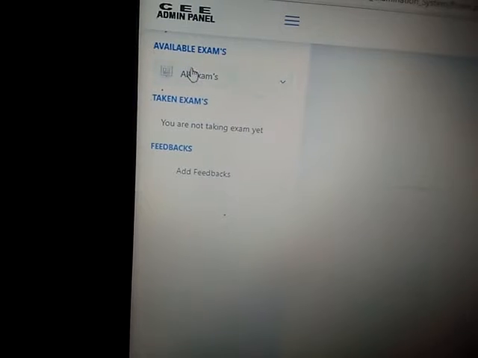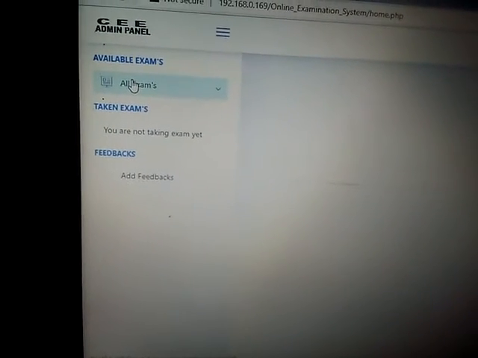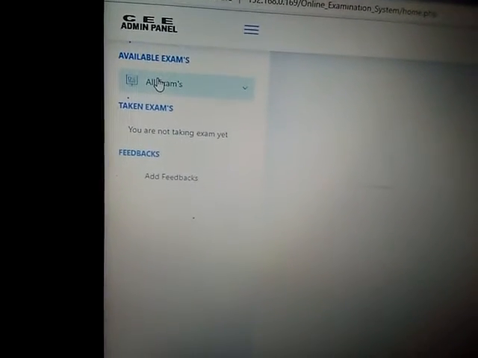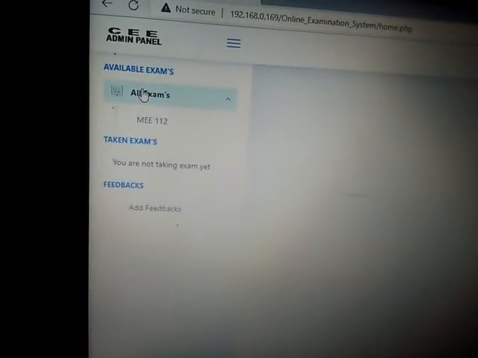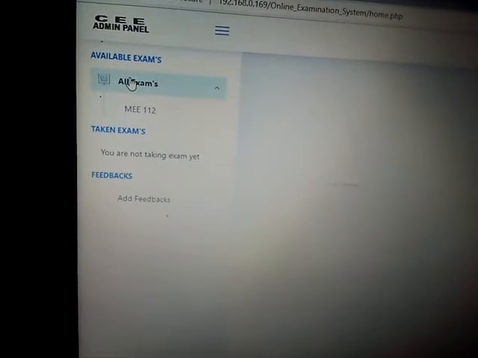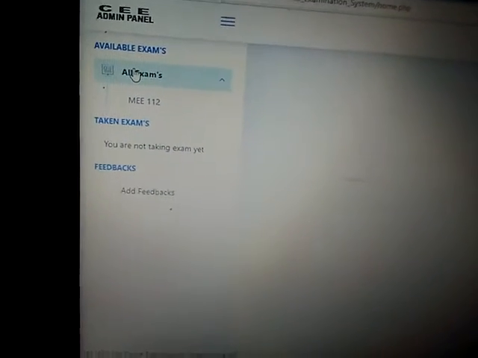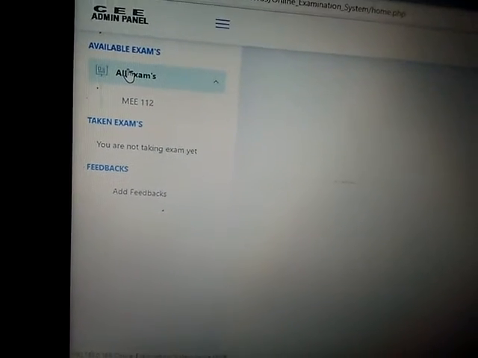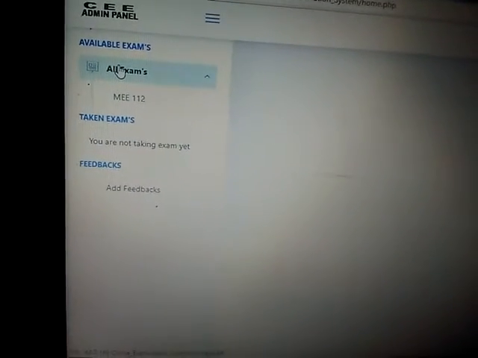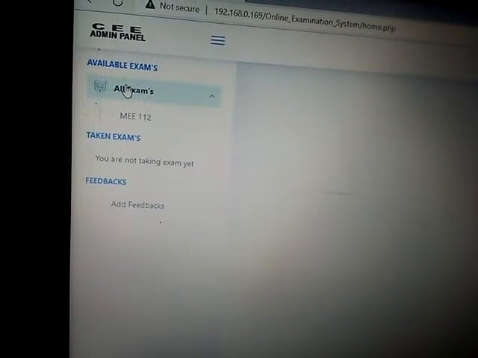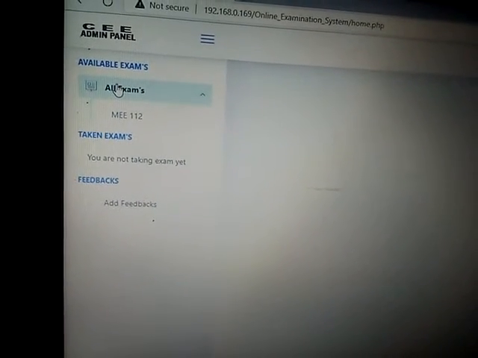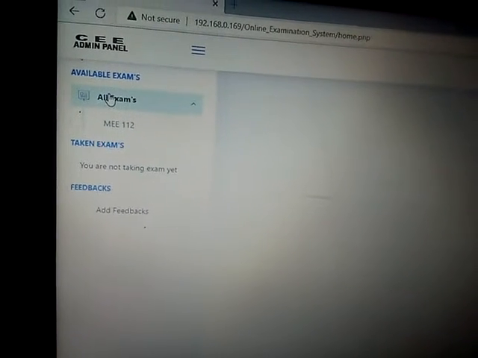Alright, so now all exams assigned to Peter. Remember, Peter is in mechanical engineering, so automatically all the exams under mechanical engineering will display on Peter's dashboard, because we selected mechanical engineering for Peter. So every exam under mechanical engineering will display on Peter's dashboard, and the only exam we